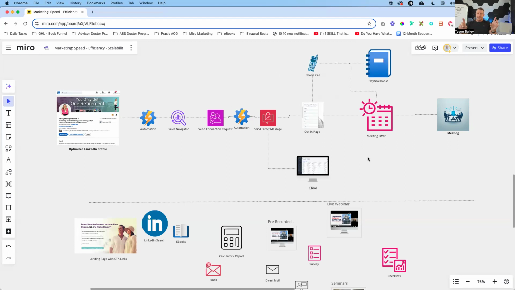Now, because we're implementing a physical book offer on the front end, the first message that we send out alludes to what that book is, what it's going to help them accomplish, and then asks them if they would be interested. It asks if that's something that would interest them or that is applicable to them, okay? That first message talking about our value-based offer gives that individual a chance to join the conversation. So yes, inside of the direct messages, we're using a combination of automation and manual messaging to make that come across the best. We want to make sure that process is optimized, but again, it's a combination of efficiency and speed.